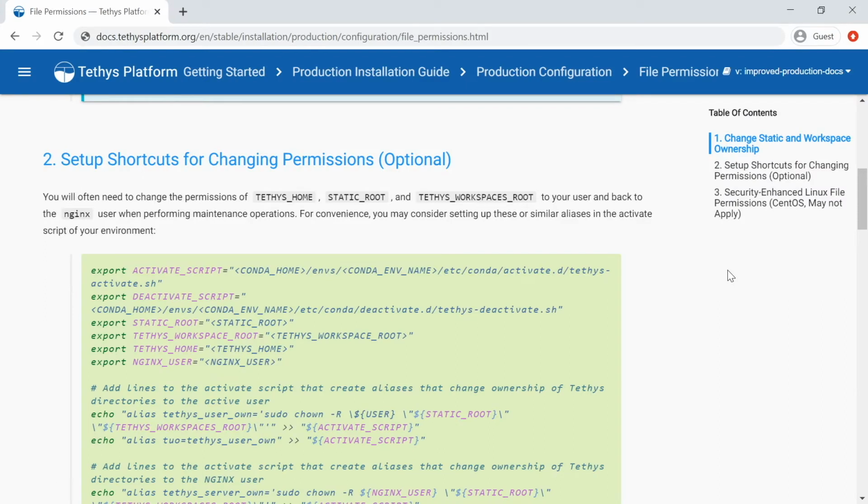This process of switching the permissions back and forth can become quite tedious, so the documentation provides a script for setting up aliases or shortcuts that will perform these commands for you. These are added to the activate script of your environment so that anytime your environment is activated, they're available to you. To set this up, go ahead and copy the script and then go back to your console